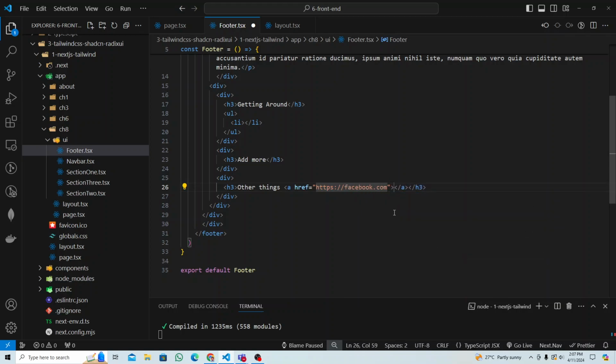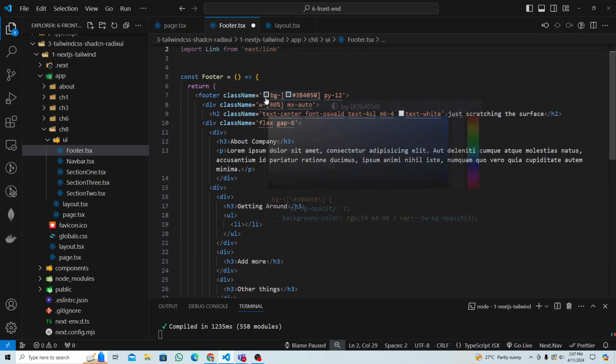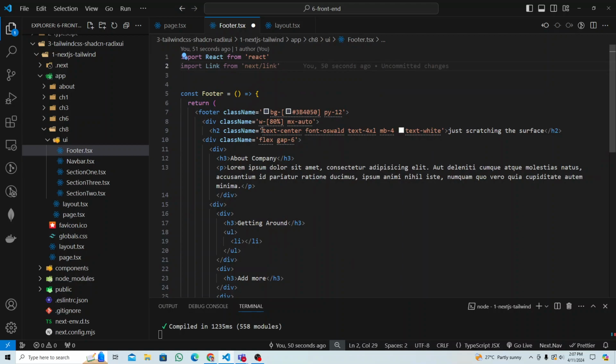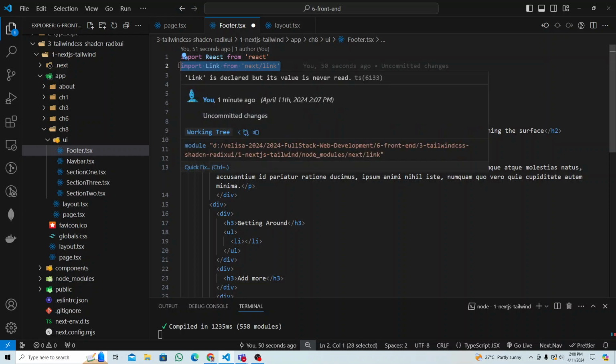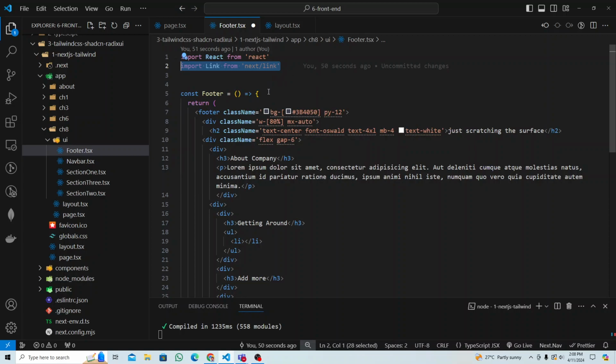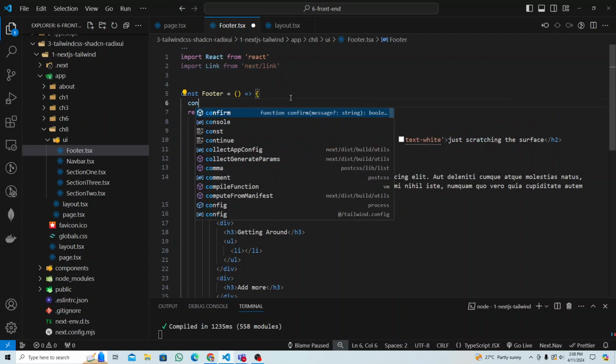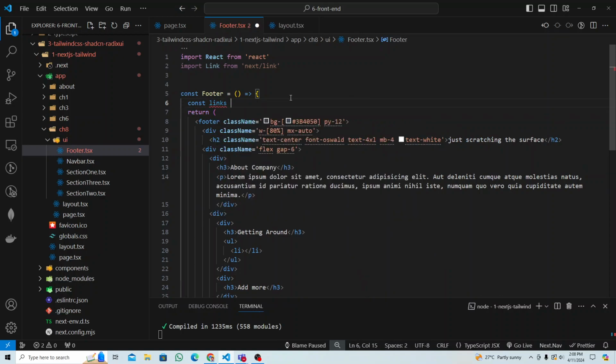facebook.com, right, like that. Okay, so that is to go outside, right? That is one thing. The link is to navigate locally, right? If you want to navigate locally, link. Now the point is, let's say you have in the navigation many links, and you maybe keep changing all the time, right? You maybe keep adding, removing. Just to make it easy and not write this 10 times, right? What we do is store the data in an array called const, let's call it links, right, like that, and